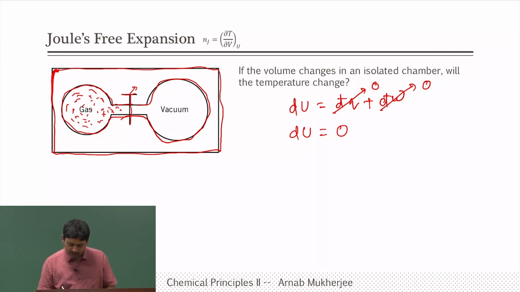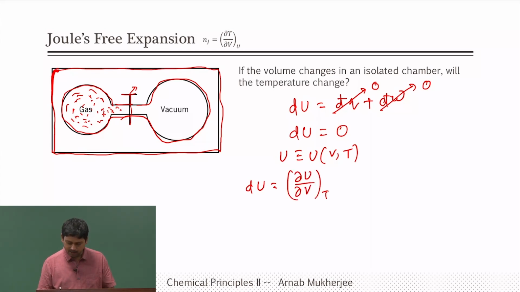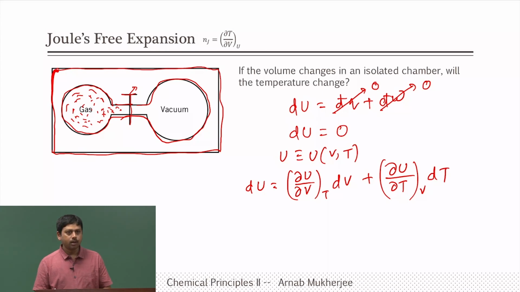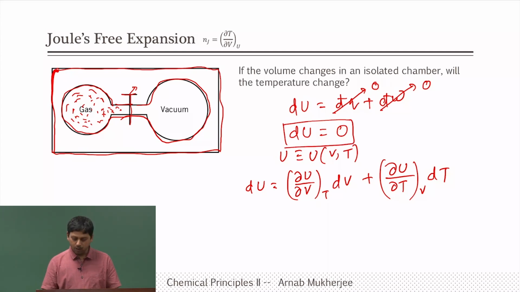So let us now expand the dU. Again I will remind you that U we can express as a function of volume and temperature. Therefore you can write the total differential dU in terms of both V and T: dU equals (del U by del V) at constant T dV plus (del U by del T) at constant V dT. Now since in this particular case our total change in U is 0, we put that on the left hand side. So 0 equals (del U by del V) at constant T